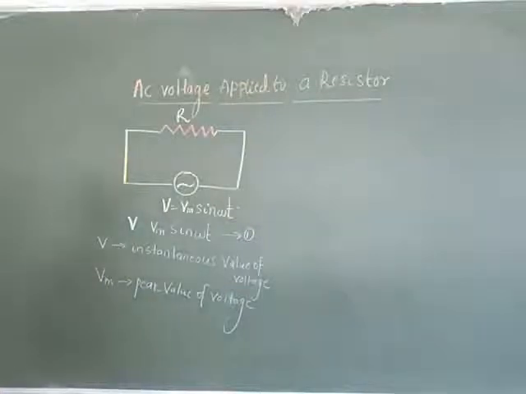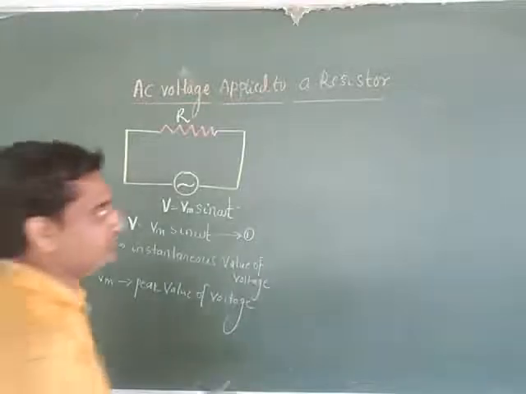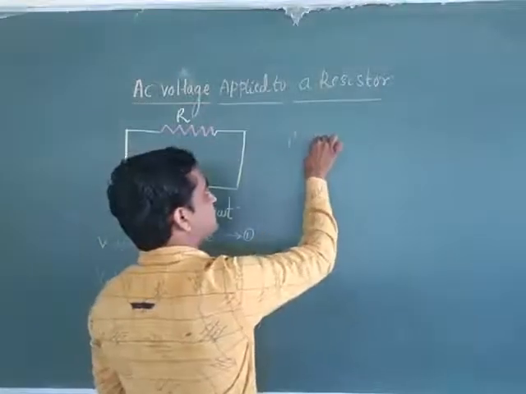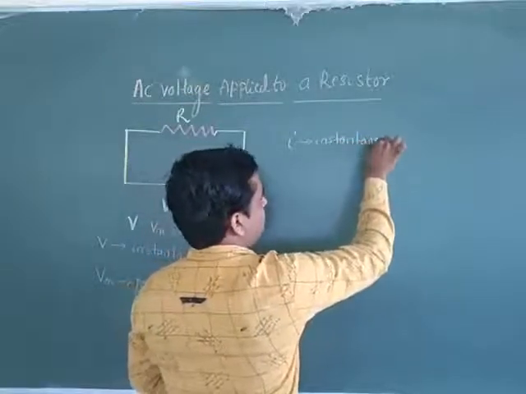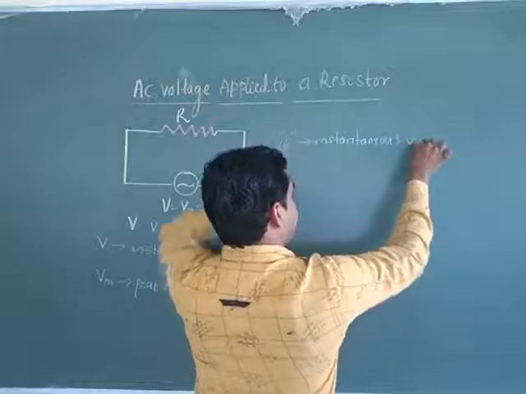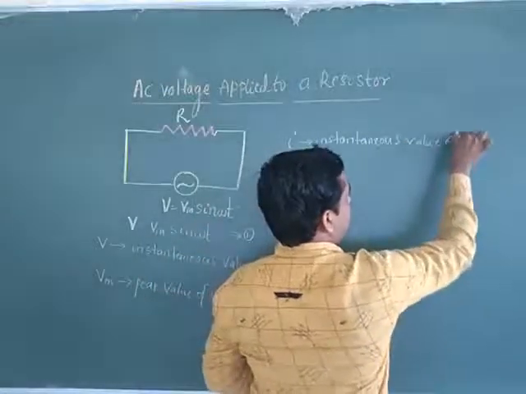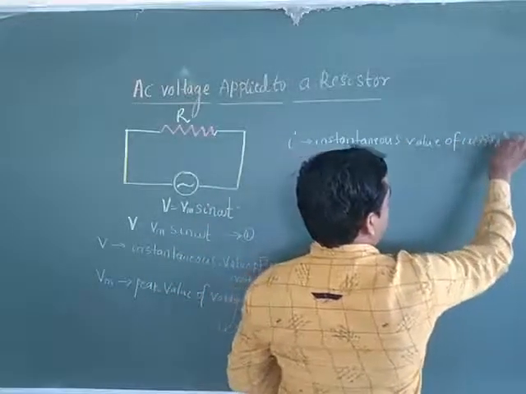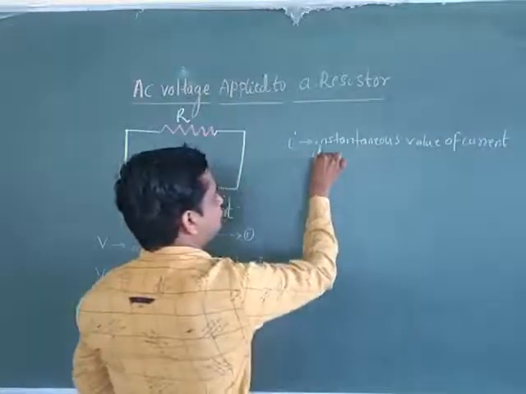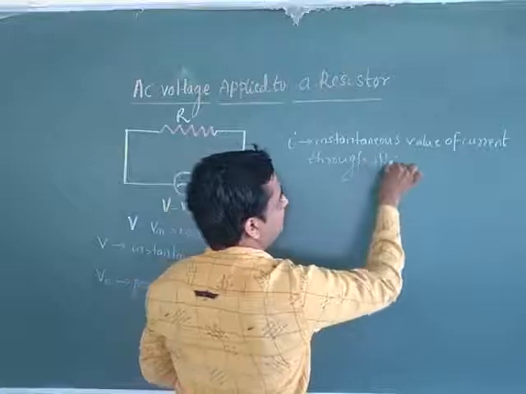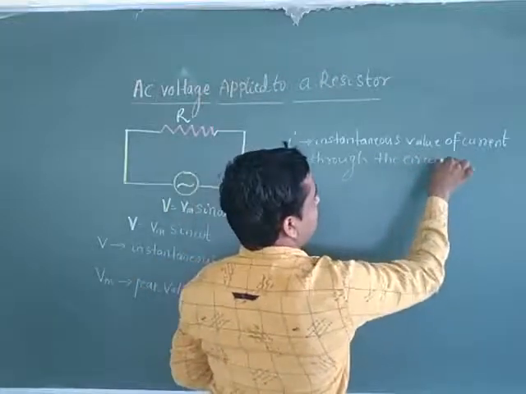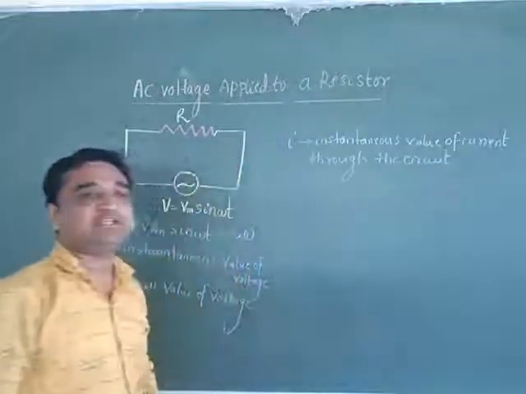If I is the instantaneous value of current through the circuit, then according to Kirchhoff's voltage rule